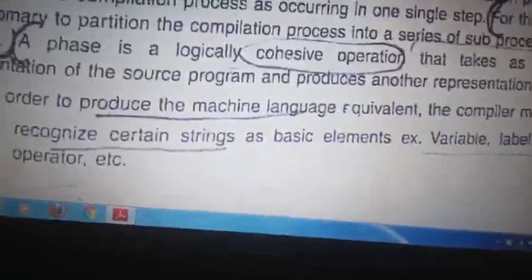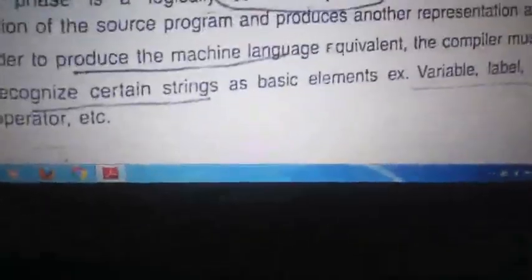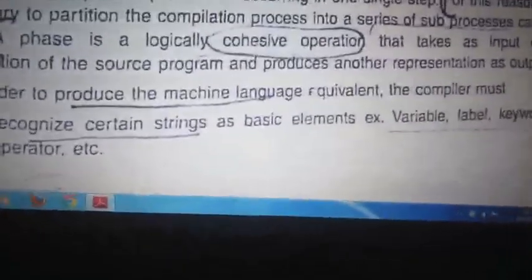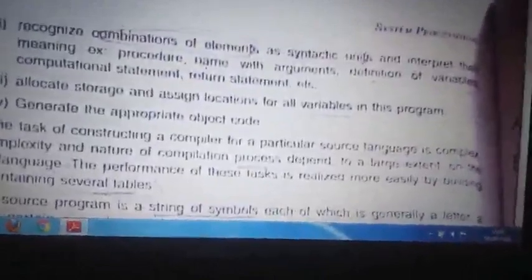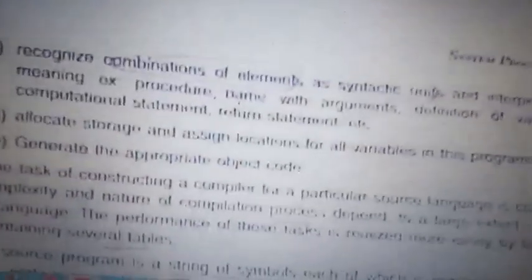Inside this there are a number of phases, so the first step means it's the order of the procedure of how it executes. After that it will recognize the elements, whether whatever elements you have written, the syntax, whether it is proper or not, whether you are writing int a with the space, how you are writing the syntax, whether it is proper, it is interpreting the meaning, what is the meaning of the syntax. So it is checking the syntax, interpreting the meaning and producing the output.